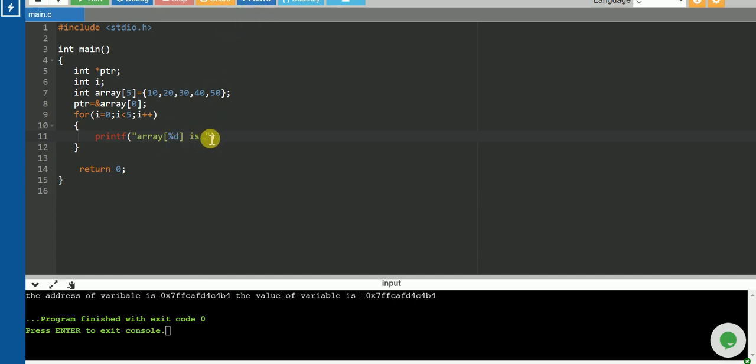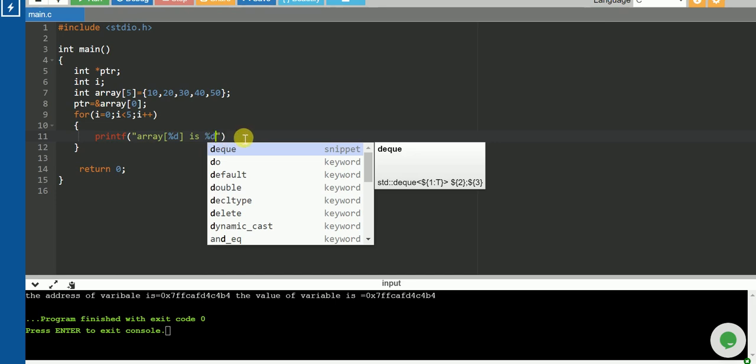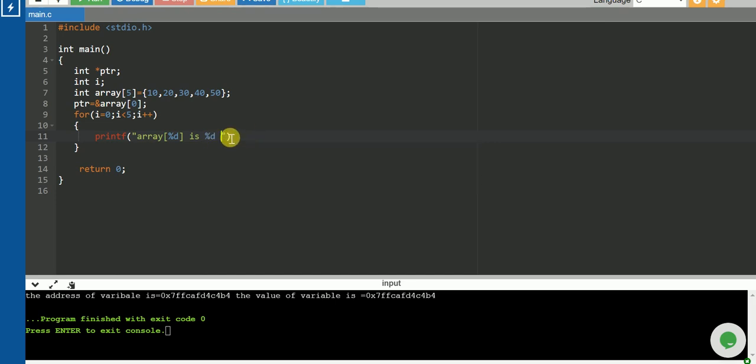So I want to print %d, and then, comma, having the address, I'll write having the address.